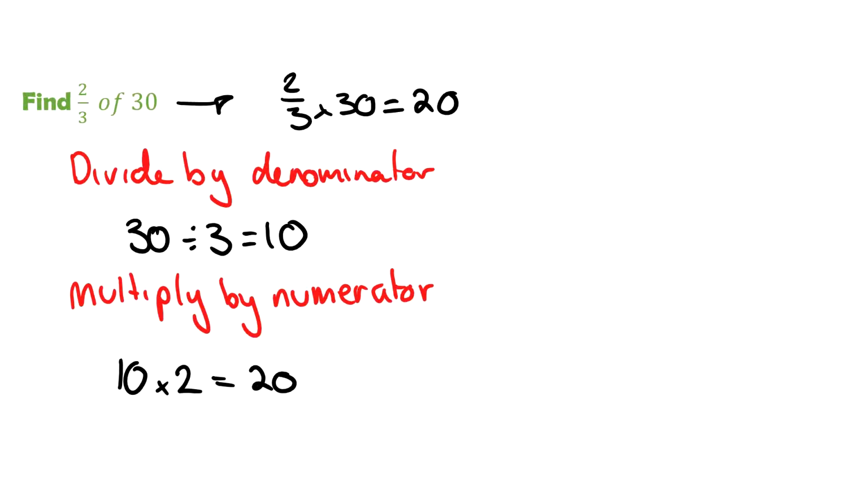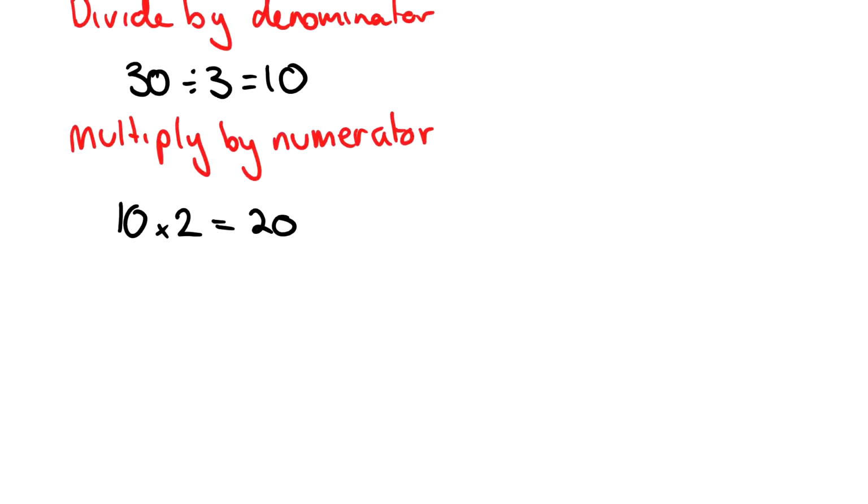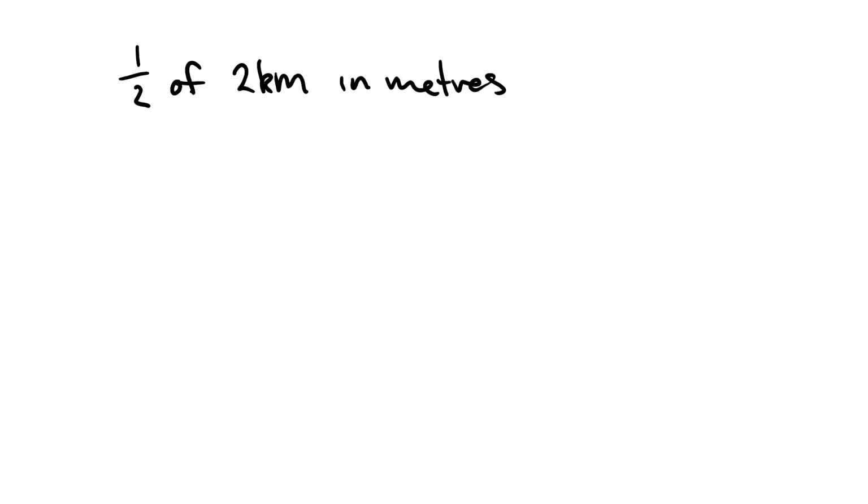Sometimes you'll get questions that involve, say, find 1/2 of 2 kilometers in meters. For example, what you would do there is first convert to meters. So I know there's 1,000 meters in a kilometer, so 2 kilometers is 2,000 meters. So it's going to be 1/2 times 2,000 meters, and that equals